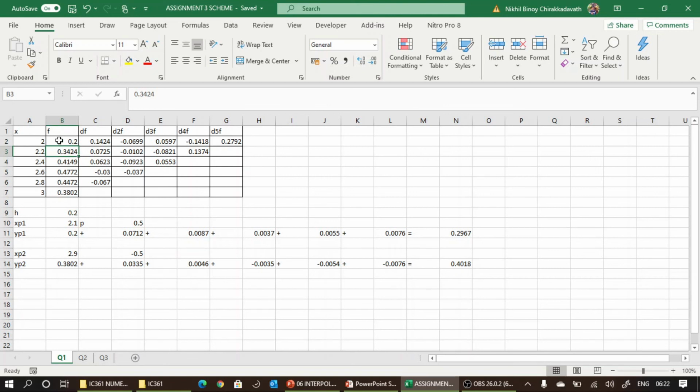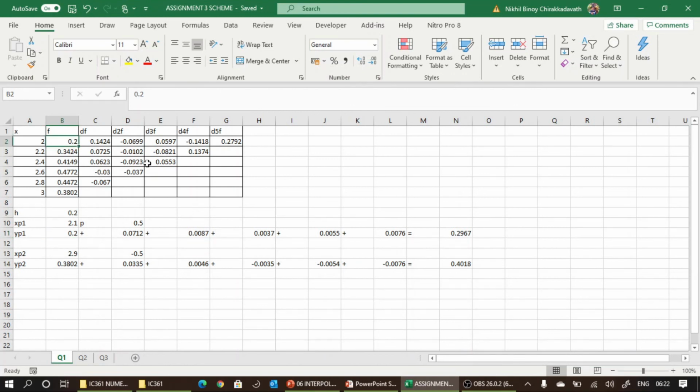So corresponding to R equal to 2, this is 0.2. So we have to check again, is it correct or not? 2 will give 0.2, 2.4 will give 0.4149. So there is no problem, and no need to check it again. So f of 2.1 is equal to 0.2967, and f of 2.9 is 0.4018